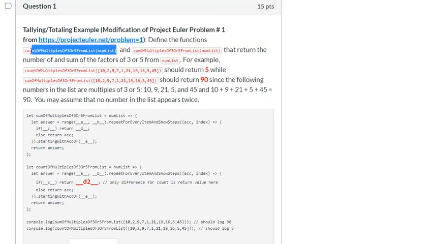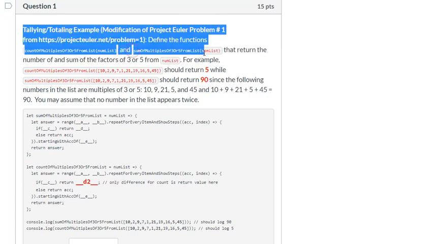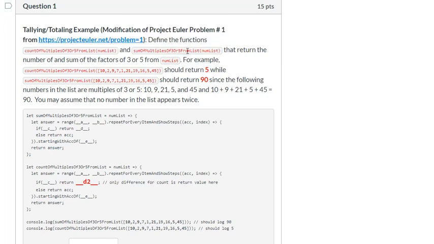The first one is going to return the count of the multiples of 3 or 5 from the number list that's inputted. The next one that we define will return the sum of the multiples of 3 or 5 from that list. As an example, if you have the list 10, 2, 9, 7, 1, 21, 19, 16,